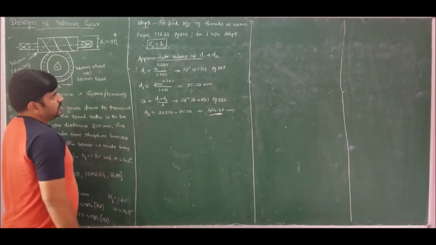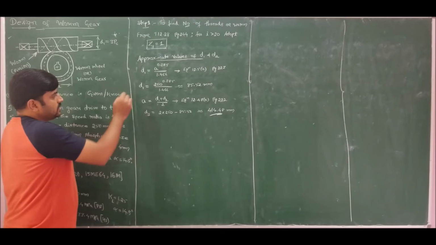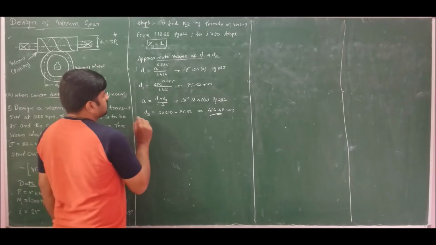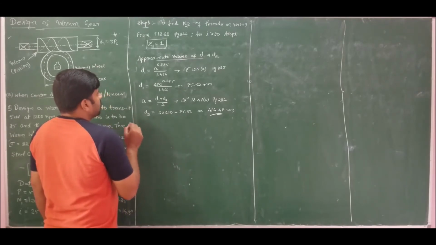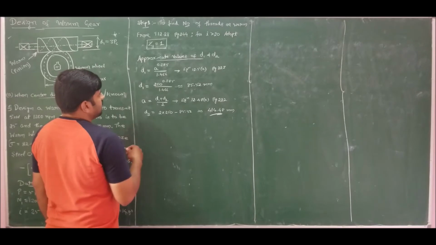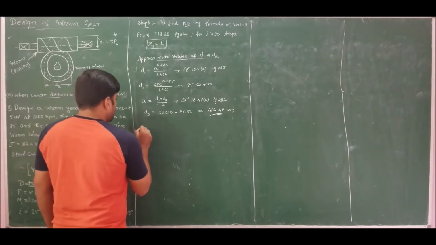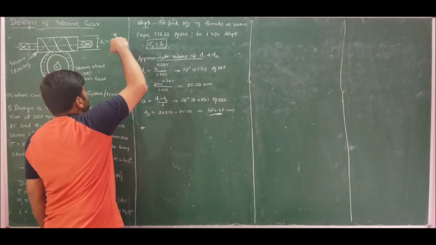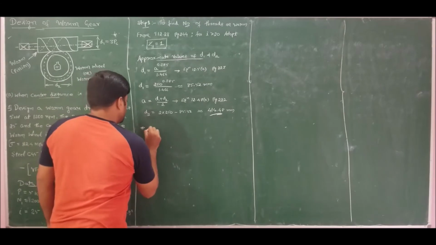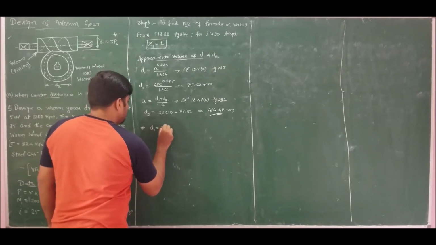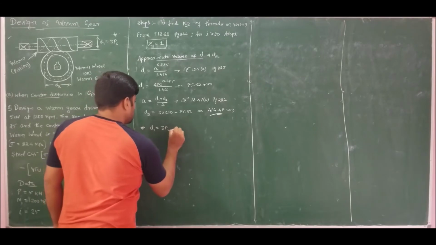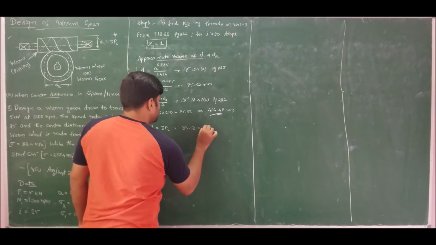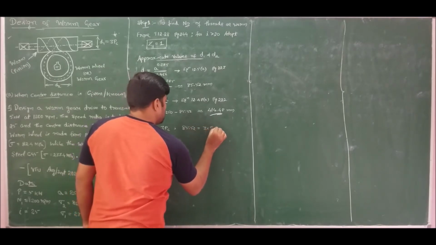So we have calculated the approximate values of D1 and D2. By using these two as reference, we can adopt the actual values. So let us keep this as it is now. If I find the module, then I can determine the diameter. As I said in our previous class, people should always remember that the diameter of the worm is 3 times the circular pitch. So D1 is equal to 3 times circular pitch. D1 is known to us, which is 85.52, which is 3 times circular pitch, that is pi m.